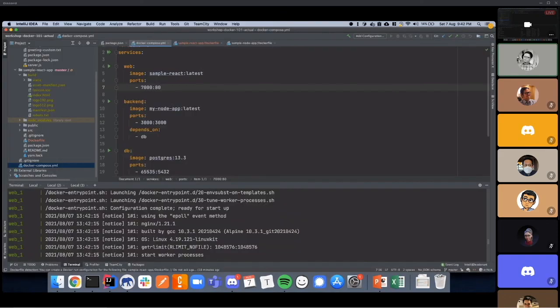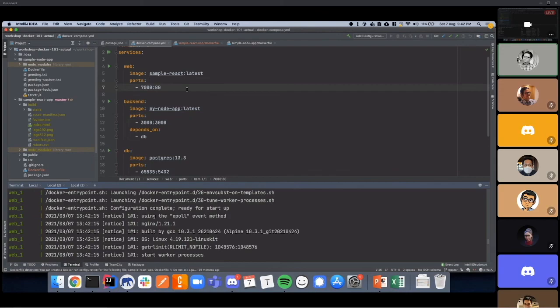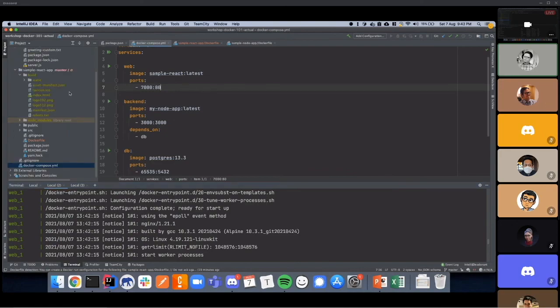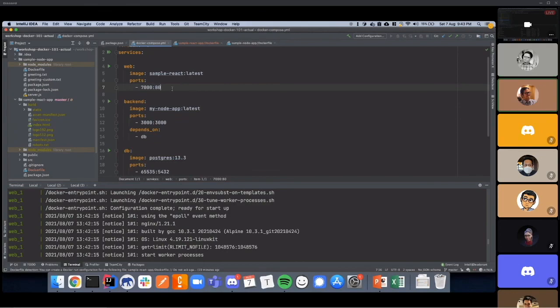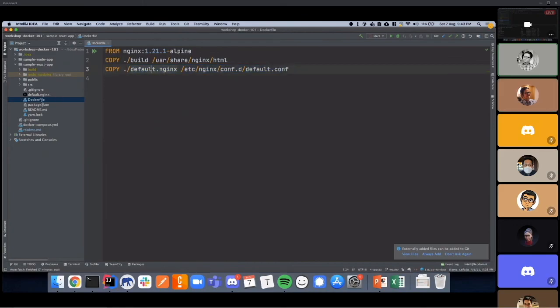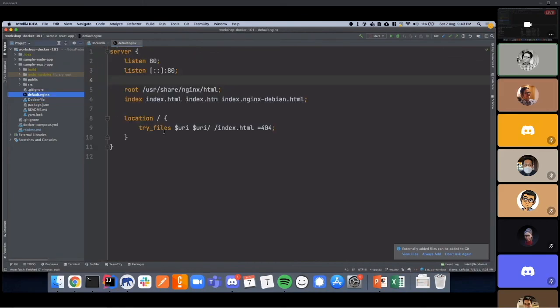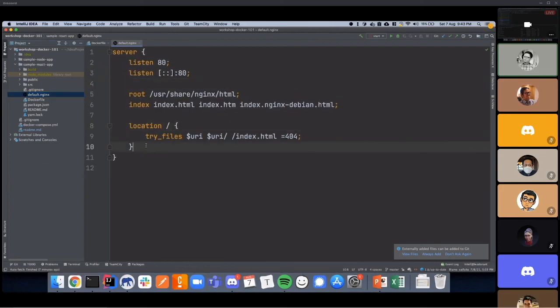Okay, so here comes the last part. What is left is less pertinent to Docker and more pertinent to how to configure web servers such that your front end React router stuff can work. Essentially, that's the last line. Remember this file, the one that we omitted so far. If you eyeball the contents of that Nginx configuration, there is this last line here that you need to have. This block says that for any access to route, it will try files at this position. If you don't have this particular line,